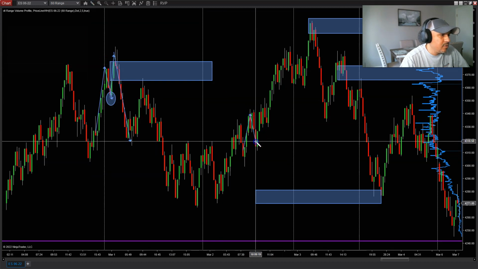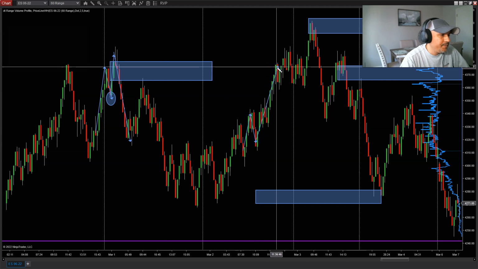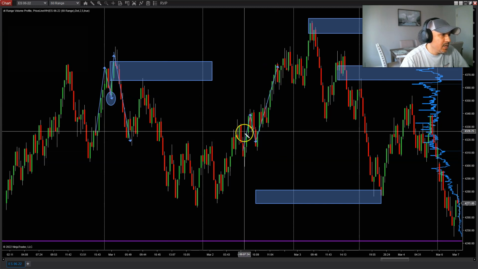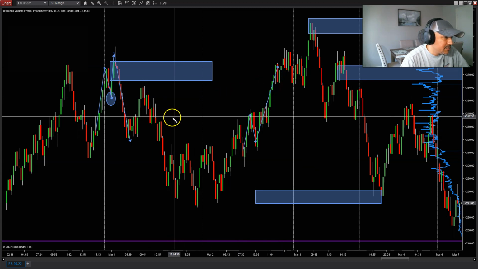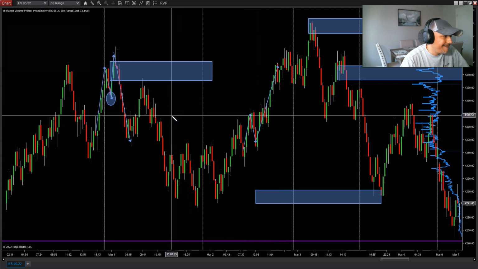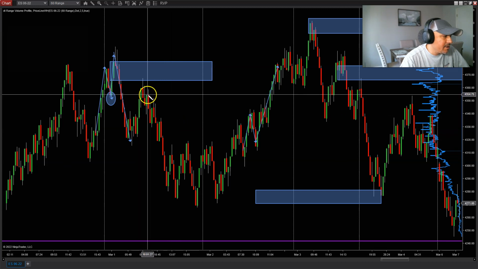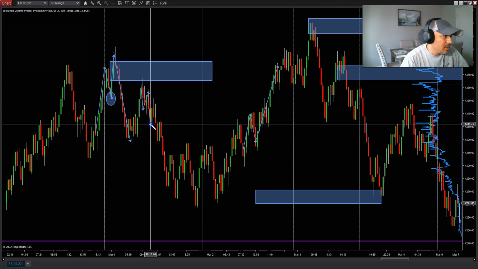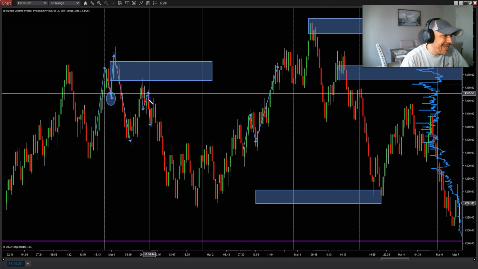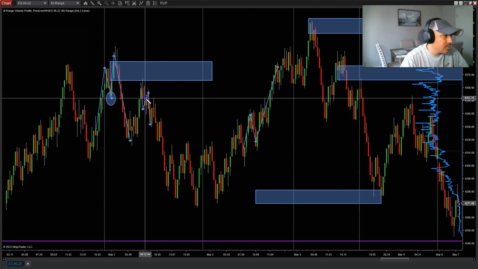Higher high, pull back, higher low, higher high. Okay, swing. In this swing on the upside, what did it do? It took out this swing right here, where price was pushed down, pulled back, made a lower low. Price pushes up, pulls back, breaks higher, taking out this swing where price is moving to